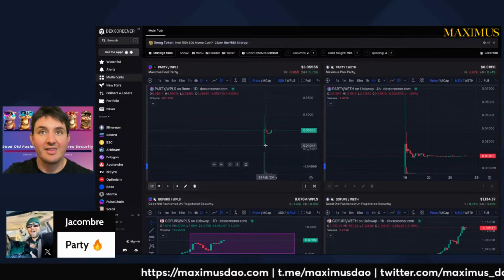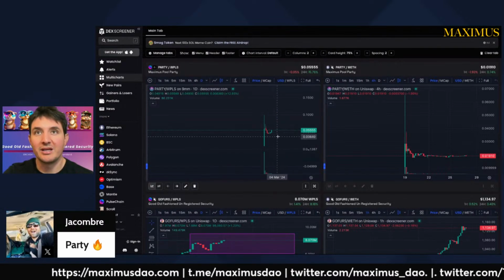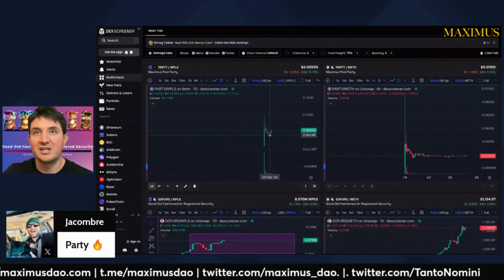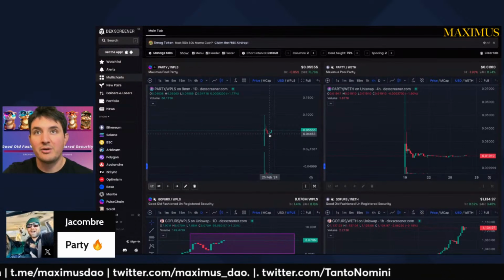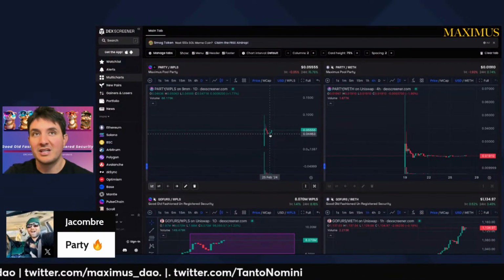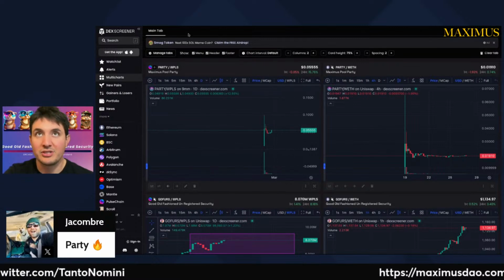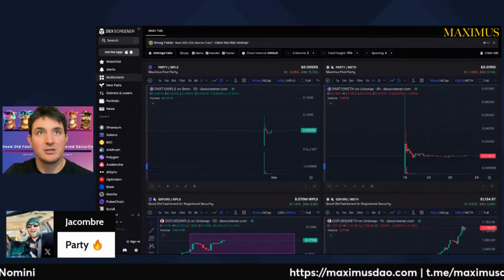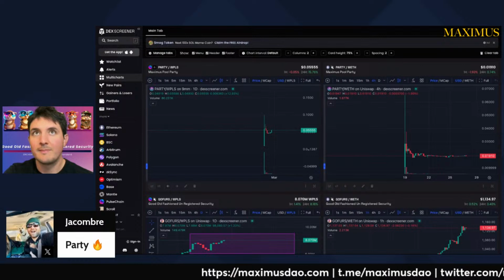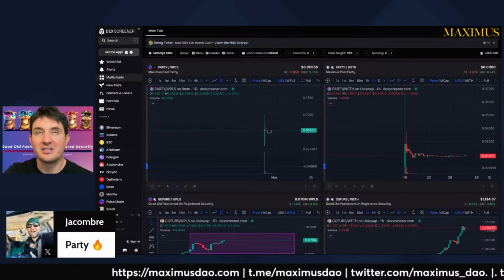But again, that had the same effect of bringing in a couple $100,000 of buy side liquidity, and it looks like the bottom was formed at about 4.5 cents, and so pretty awesome airdrop. A lot of people were telling me this was the most valuable airdrop that they ever received. And what's pretty cool, I tweeted about this, but